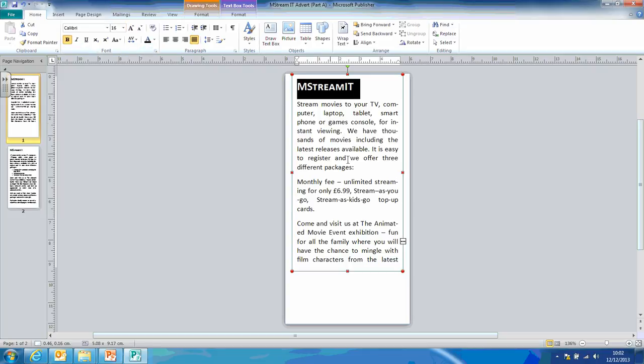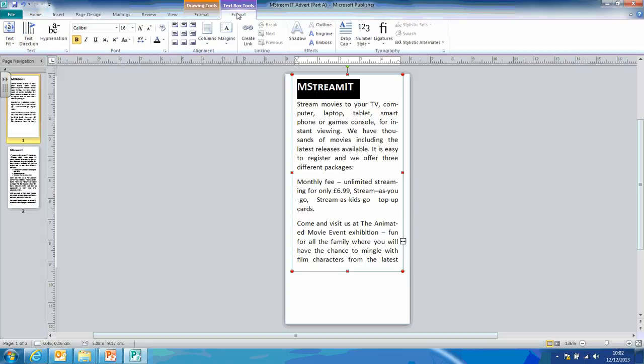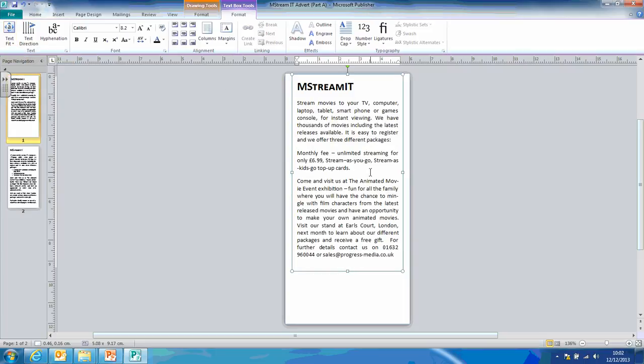Now when you're actually on a text box, you'll also have the text box tools which appear, which you don't see in Microsoft Word. So if we click up on that on the top, you'll see that there are plenty of options there to choose from. And in particular, as I said to you a second ago, the text doesn't all fit on there. So if I click on text fit up here in the top left hand corner, then I can do best fit or shrink text on overflow. What it does then is make sure that all the text actually does